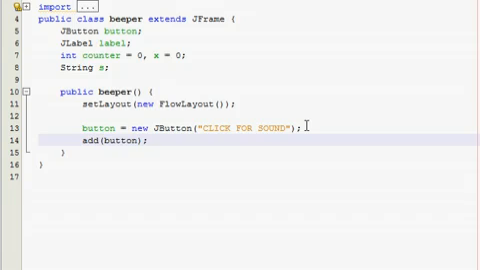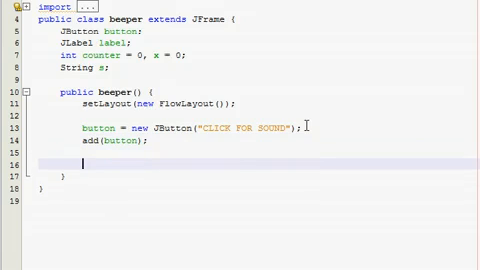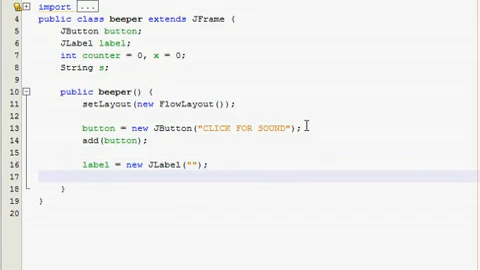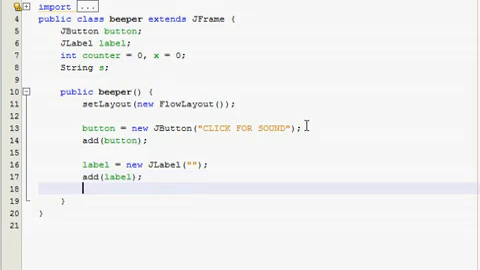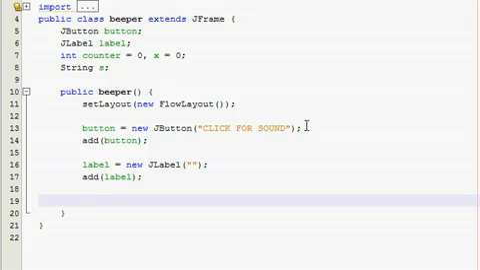Now add button. Now we're gonna have a label that's gonna be empty at first, but when we click the button, it's gonna say how many times we've clicked it. So, label. Alright, and that's it for the objects, and then we just need to